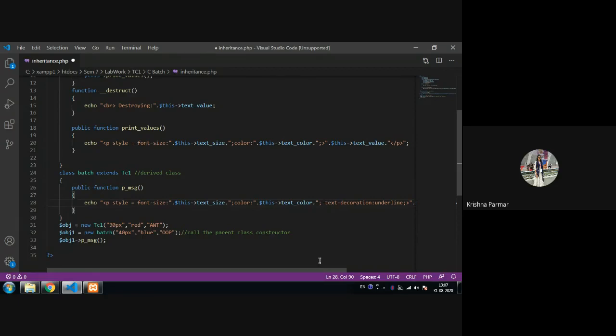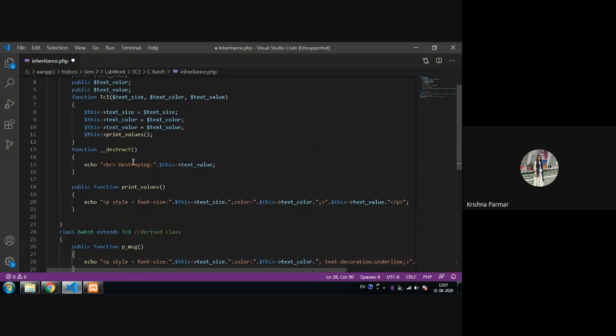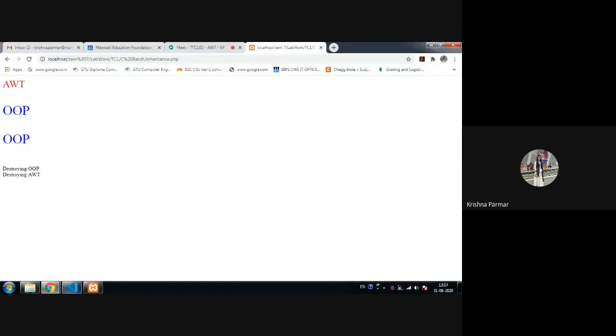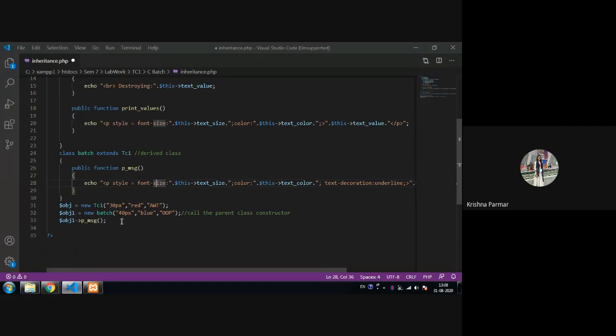Anybody? Yes, because of p underscore message. Whenever you call that function using the parent class object, this function is already there. So this function is called, and again this function is called. That's why it is printing two times. Is the inheritance concept clear? Always keep in mind, your parent class object will never call the child class method. Your child class object can call the parent class methods as well as its own methods.